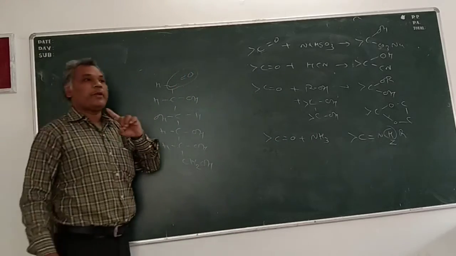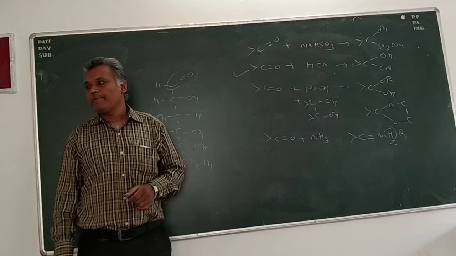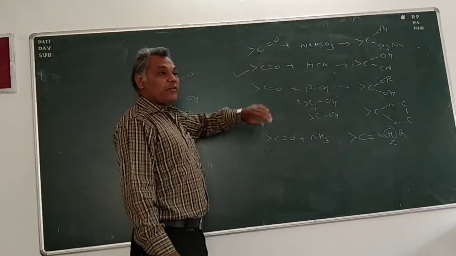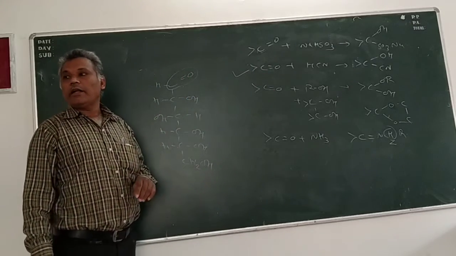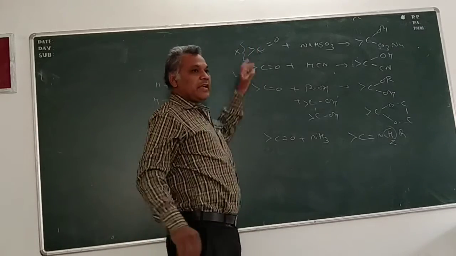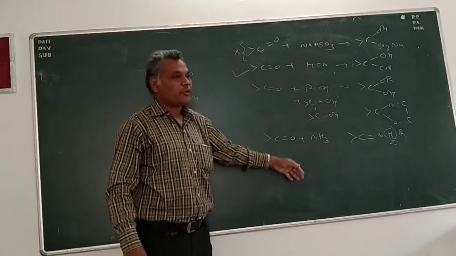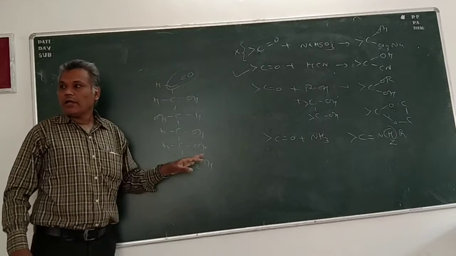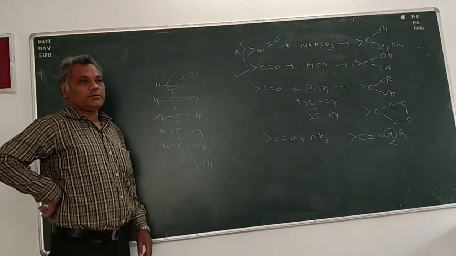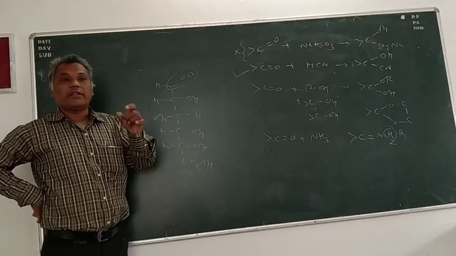In our textbook, they have specifically written only for HCN. It gives an addition reaction with HCN, right? That is the reason why it proves that it has an aldehyde group. But except for NaHSO3, it does not give an addition reaction with NaHSO3. Aldehyde also gives, glucose gives an addition reaction with any of these components. And that is the reason why we can say that it contains a carbonyl group.